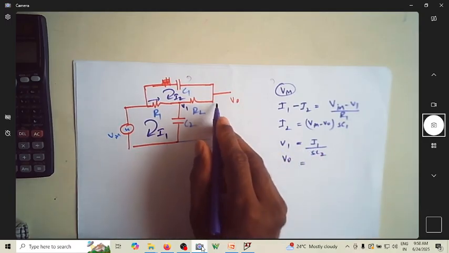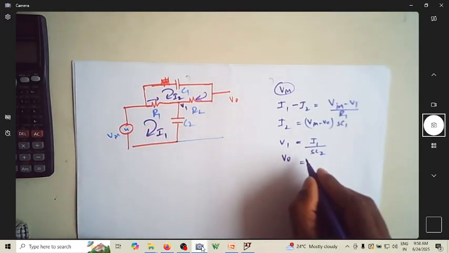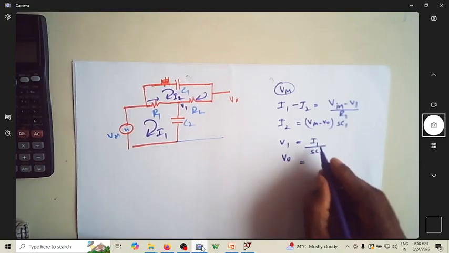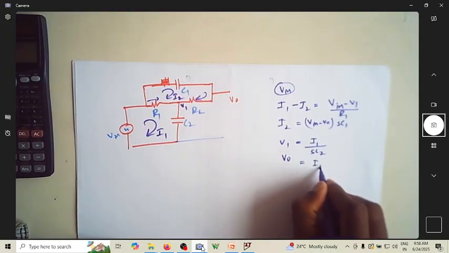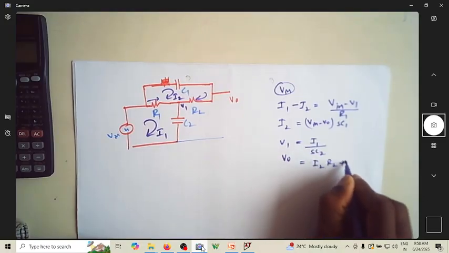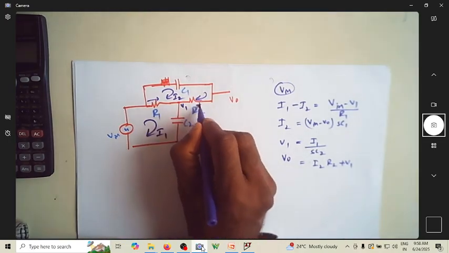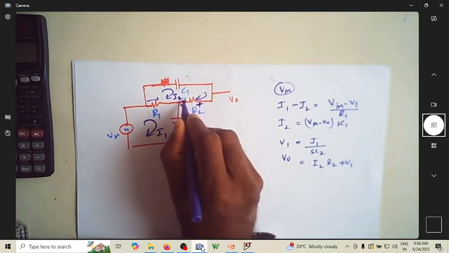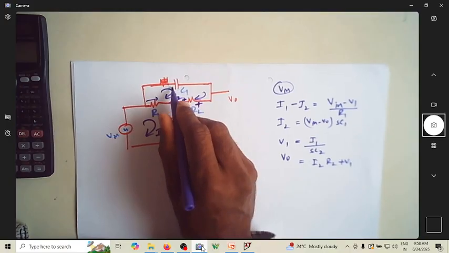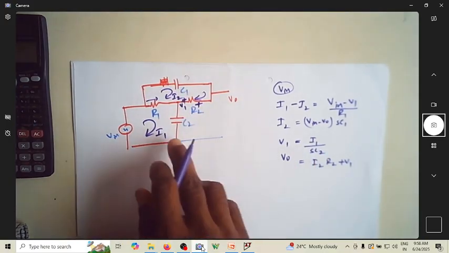What is V0? V0 is this current multiplied with this resistance, which is I2 into R2, plus V1, because this drop is I2 into R2, and